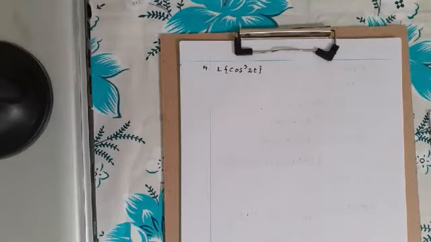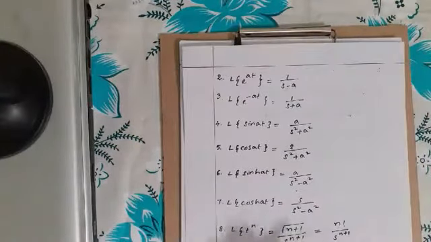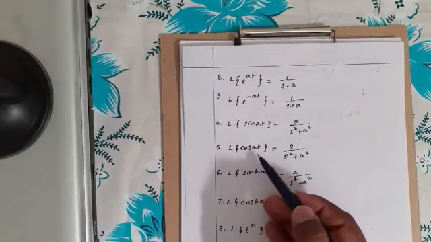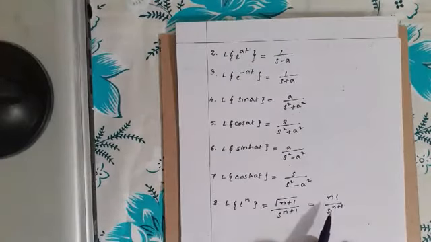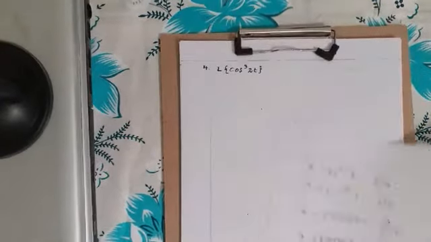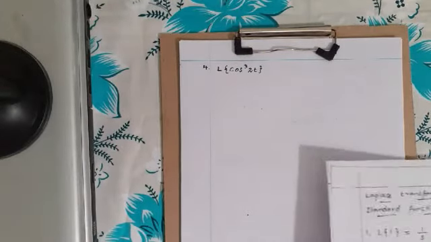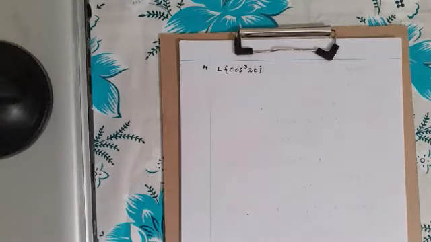We have only formulas like, I'll show you the formulas here. Here we have formulas like L of sin at, L of cos at, L of sinh at, L of cosh at. But we don't have a formula for L of cos cube at and so on. So for that, you have to remember the formula of